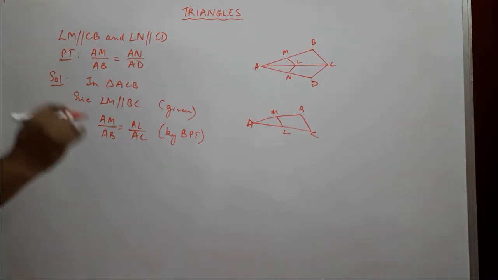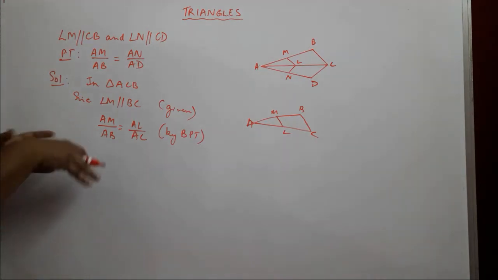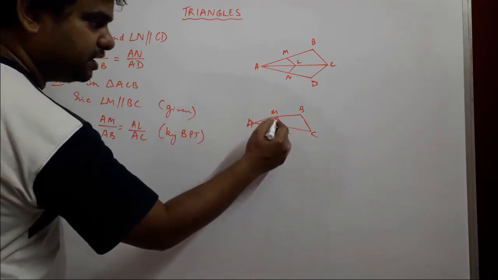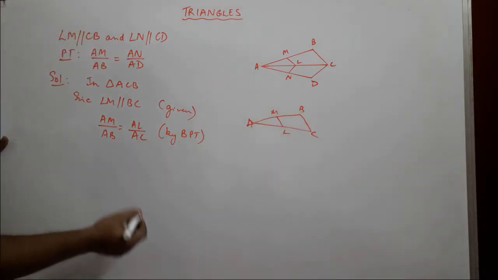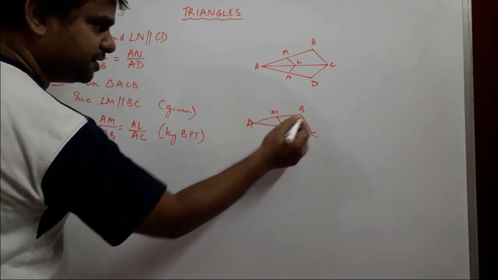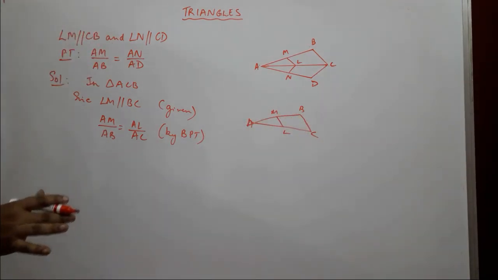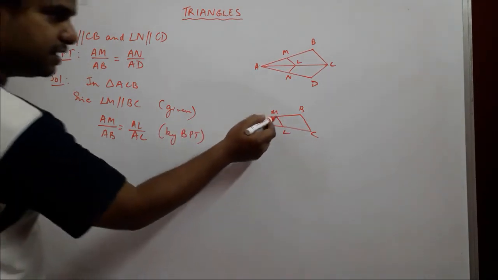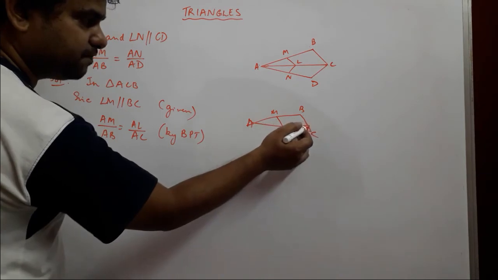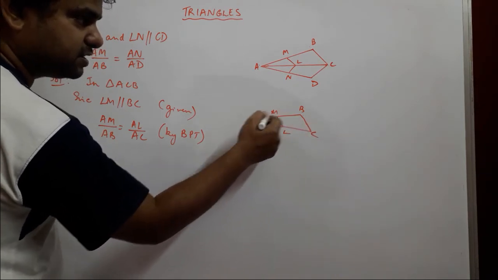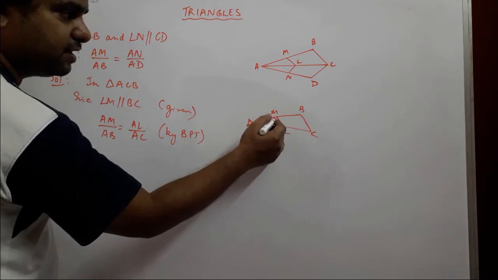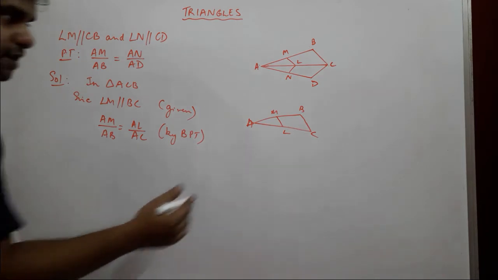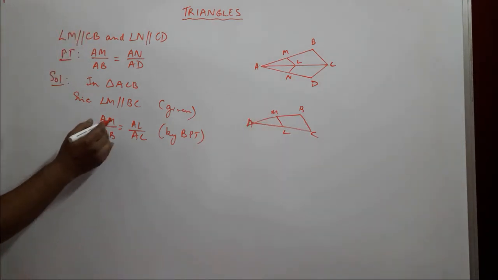Usually in our basic proportionality theorem, when we solved the proof, we took these two sides, AM and MB, but here we are required to take AM and AB. It is not different than what we were taking because our theorem states that if there is a line that is parallel to the third side, then it divides the other two sides of the triangle in same proportions or same ratios.